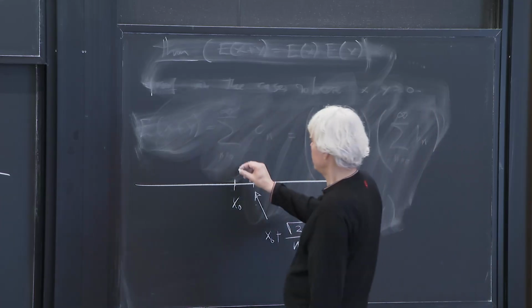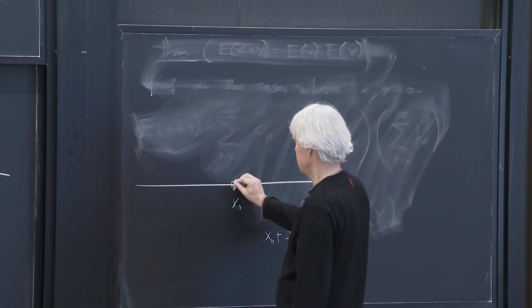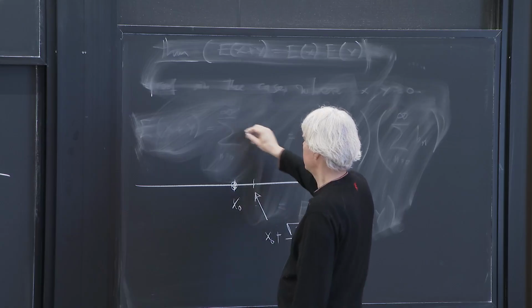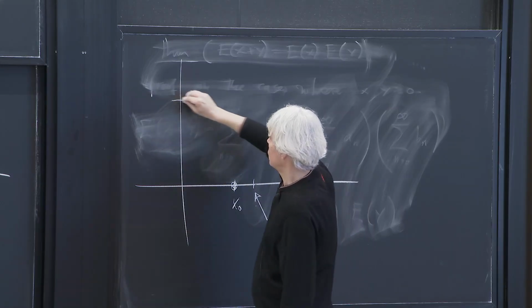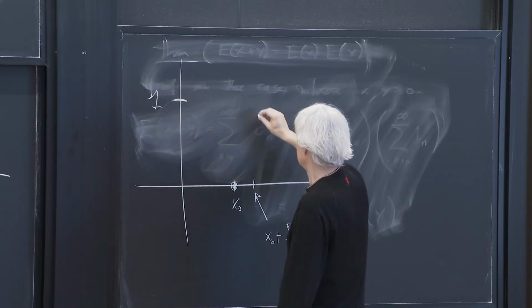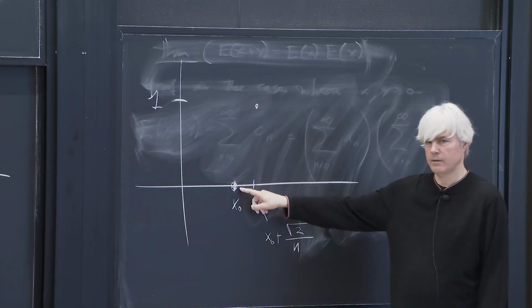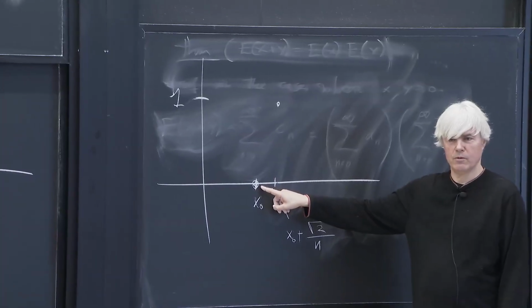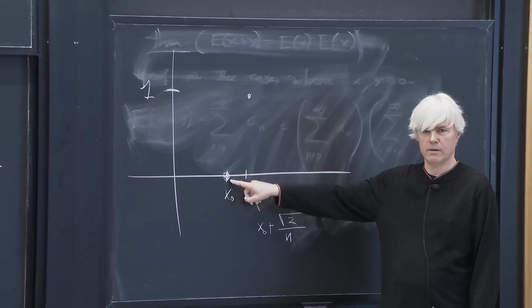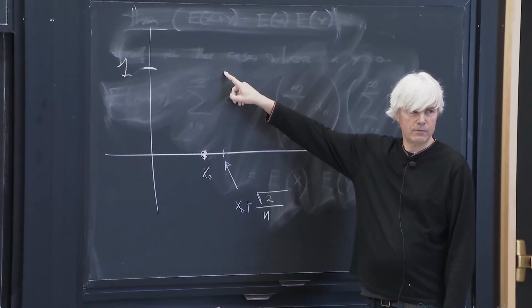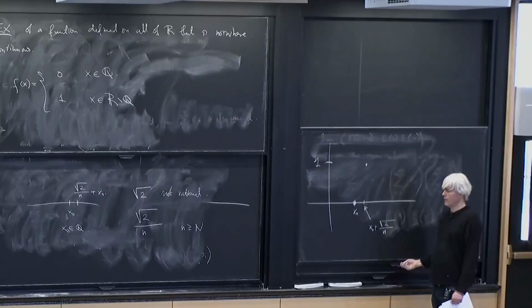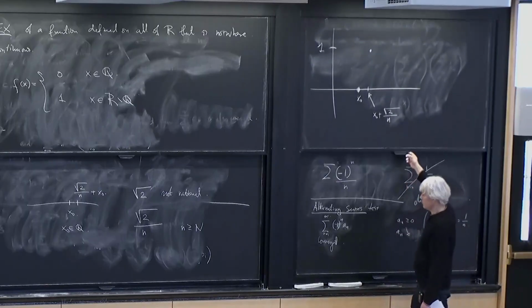The value of the function here is 0. The value of the function here is 1. Right? And so you see that you have these points as close to this point here as you want, but the value of the function is very different. Right? So again, just to kind of spell it out,